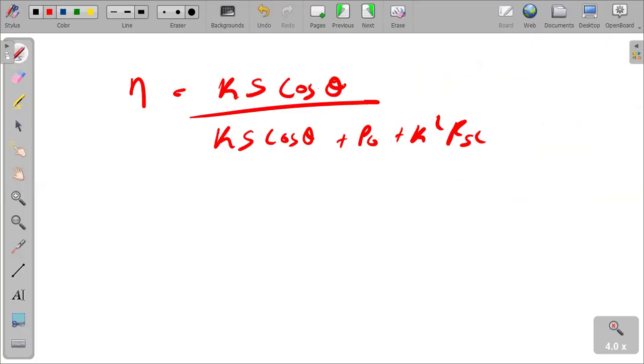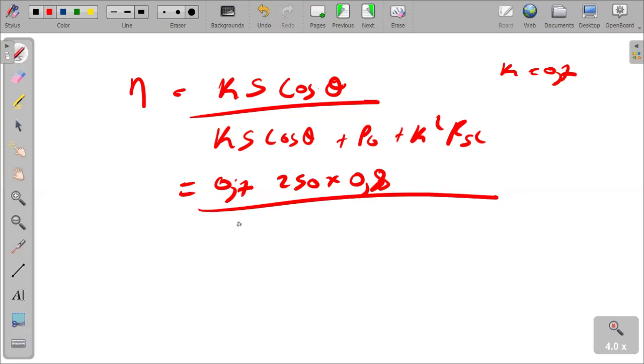And on a transformer, we have the constant losses and the variable losses. That's it. So PO, the open circuit power, is the constant losses. PSC, the short circuit power, is the variable losses, right? So let's substitute K in this case. It means it's 0.7 or 70%. So we can say 0.7 multiplied by 250 times lagging power factor 0.8. We have substituted. Divided by 0.7 times 250 times 0.8